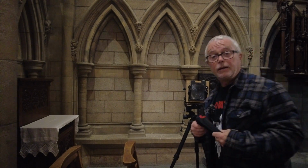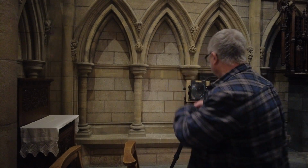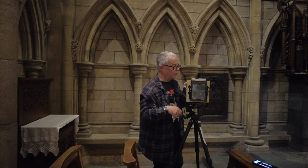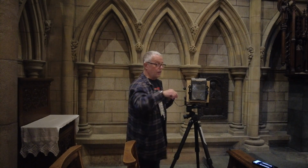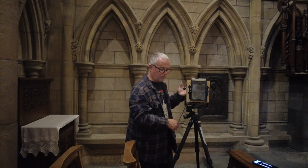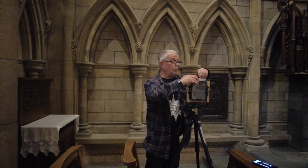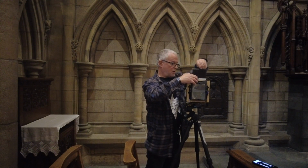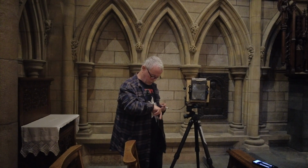So here we go, putting film in. That's the first thing to do. Right, aperture f16 because there's not really much depth in the subject. So, shutter, test cocked, shutter cocked. Protective tab out the way, everything is all locked down. Dark slide out, and first one,